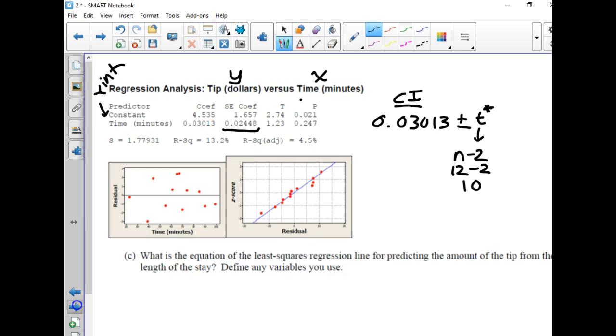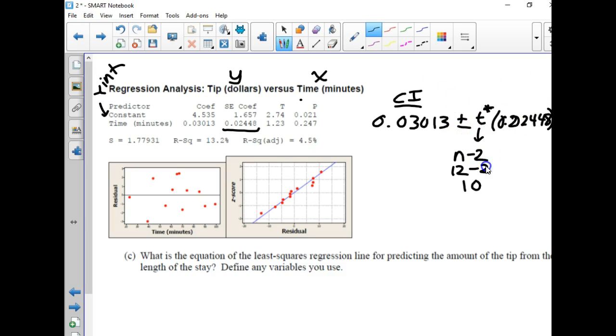So we go to our chart, 95% confidence, degrees of freedom 12, find that T star, and then our standard error of the slope is here, 0.2024448. And again, review from Tuesday, you have to take the statistic plus whatever this is, and the statistic